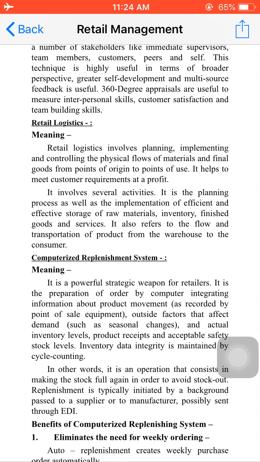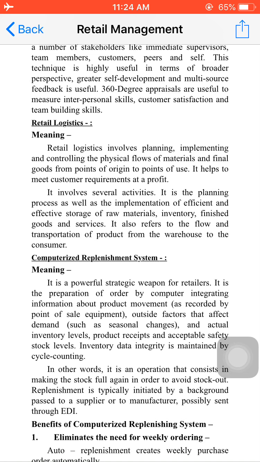To move the goods in a smooth, effective, and efficient manner, we need logistics. This flow of funds or material or money is called logistics. Okay, so what does retail logistics exactly mean is, retail logistics involves planning, implementing, and controlling the physical